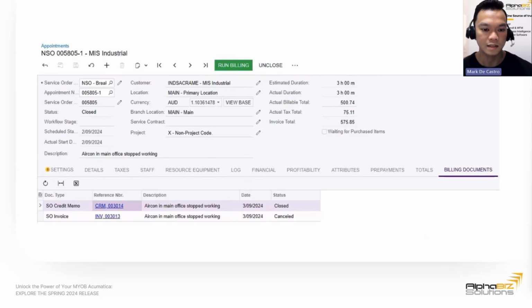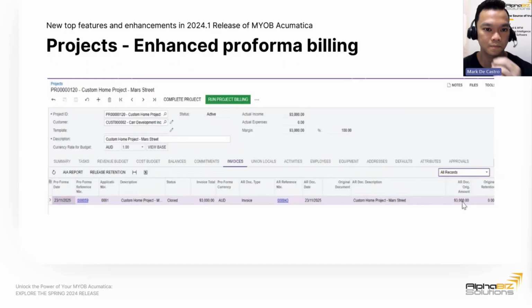So once you reverse that, as a result, the invoice was canceled out. You can see on the second line, and the credit memo was applied automatically. Very simple, just reversing that transaction in a single click. Then the users can just unclose this appointment, make some changes, and run the billing again, and that's it. Very easy. So that enhances the workflow, giving accuracy and reliability to our reversal process, and it keeps users from being prone to errors. So if you go into the next feature, Janella.